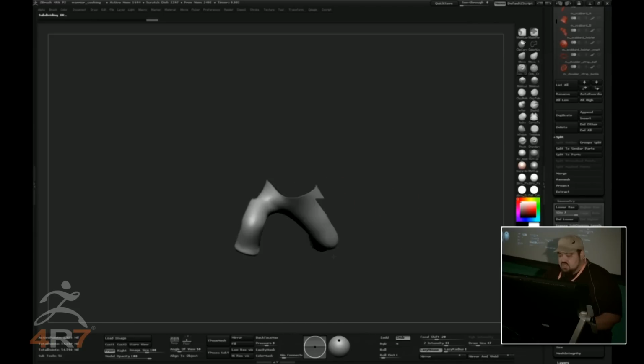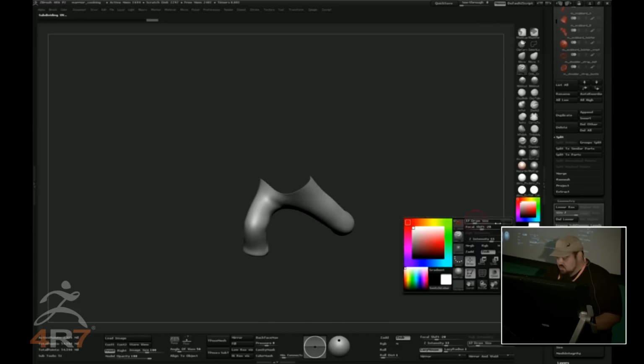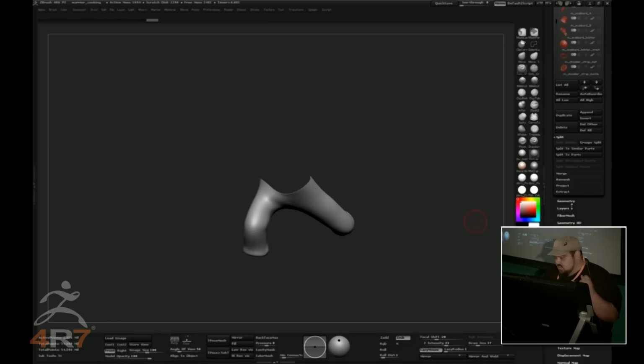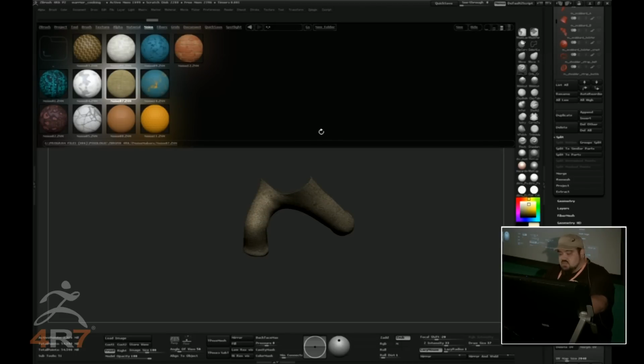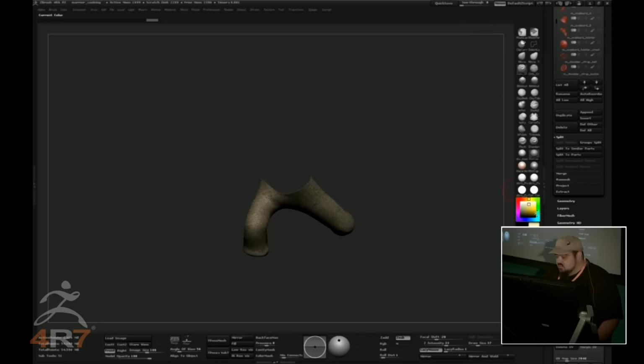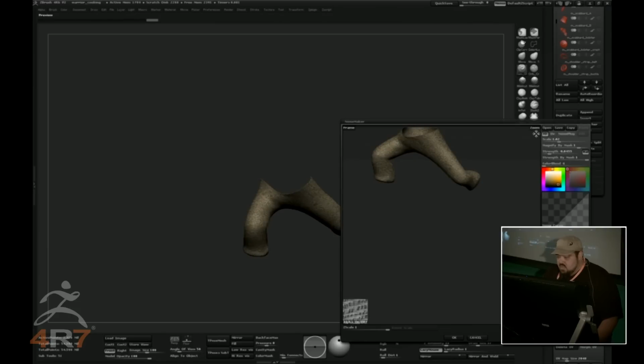And I want to get a really nice, simple texture on here for, again, quick concept things like this. Something I'm a big fan of is the surface noise. And what I'm going to do is go to Lightbox noisemakers, and I use stuff like this all the time. You can make your own alphas for this, and in my original I have it as a separate alpha, but this is a good example. So I'm just going to double click that and then hide Lightbox, and then I'm going to go over to Edit